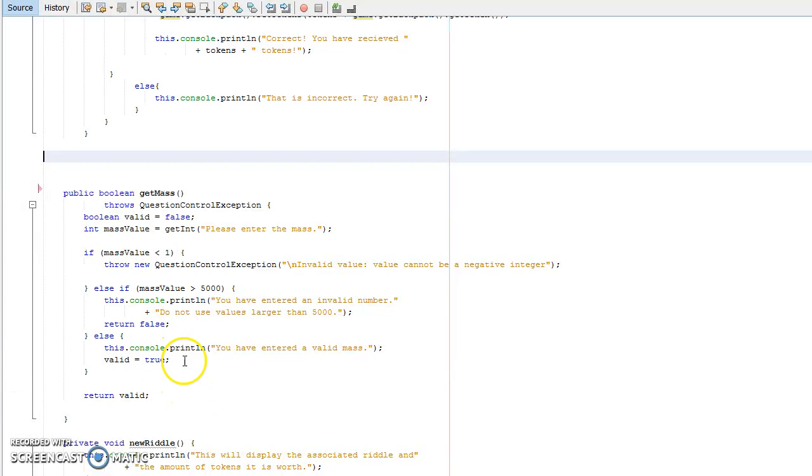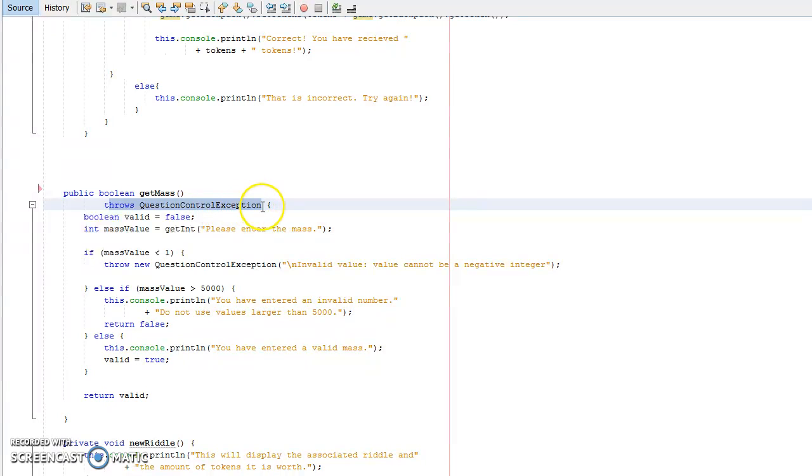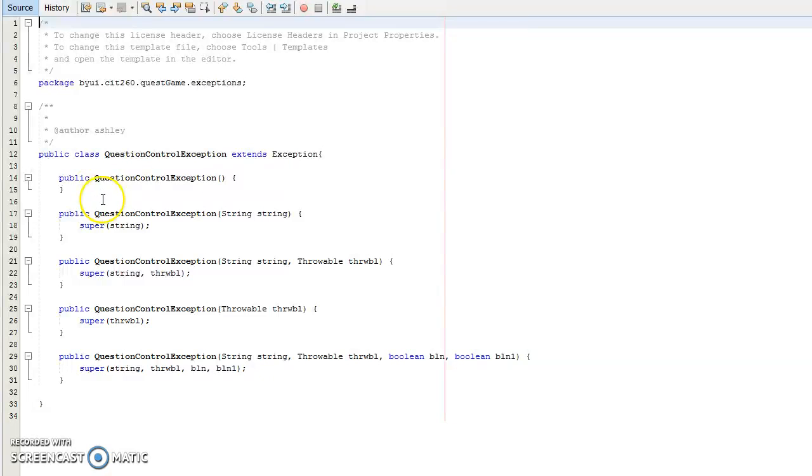So this function here, the getMask function, throws a QuestionControlException, so it throws to that class we were just in. And this extends an exception package that comes shipped with Java. And the riddleView function basically throws an exception to the QuestionControl class, and then in the RiddleControl class, gotta find that real